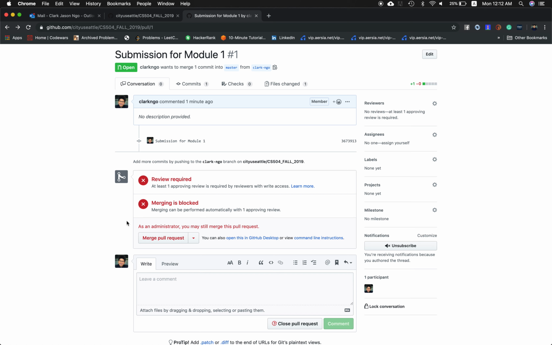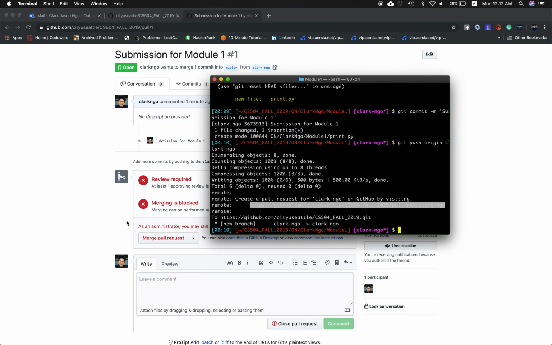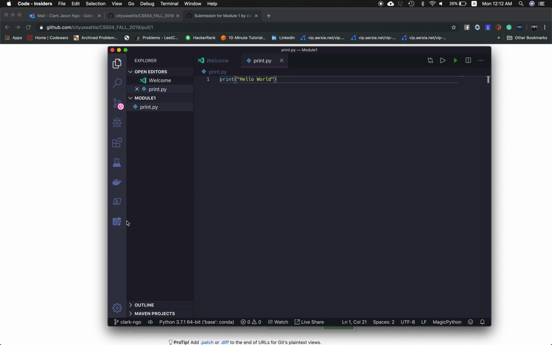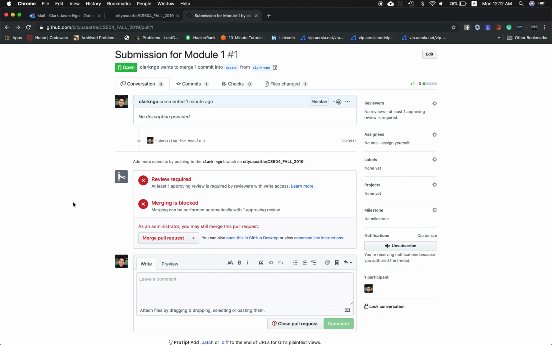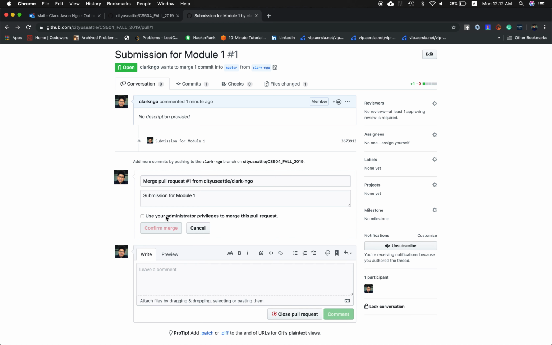And then once they reject your pull request, the only thing you need to do is go back to your local machine, terminal or whatever, and make sure you move the files or put them in the right place or right directory. Once you've done that, do a git add, commit, and push again and do this pull request. And once the maintainers see that it's in the right directory, they're going to go ahead and merge the pull request. Again, this is not for students,